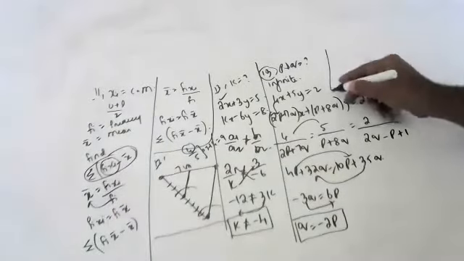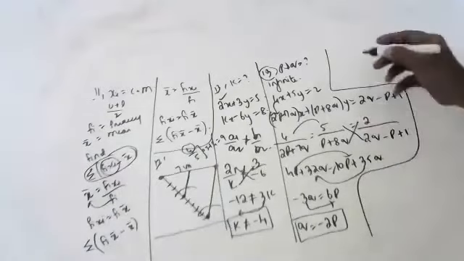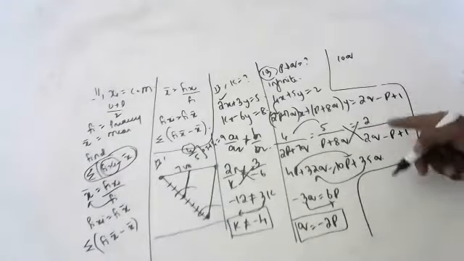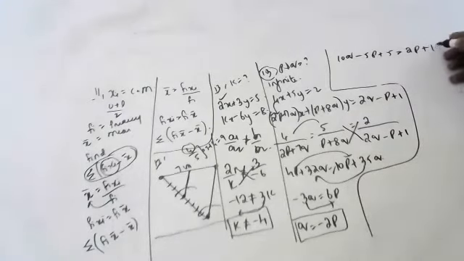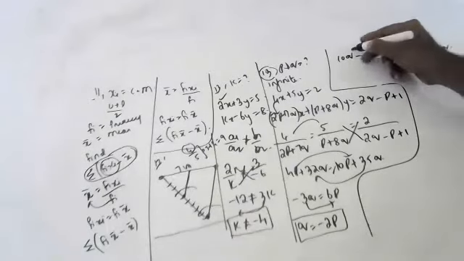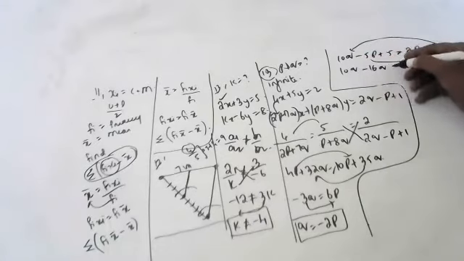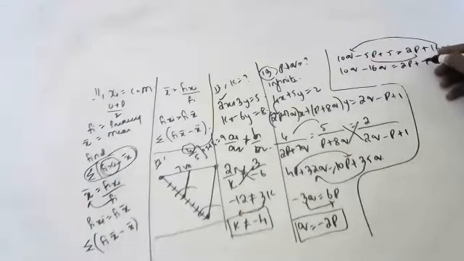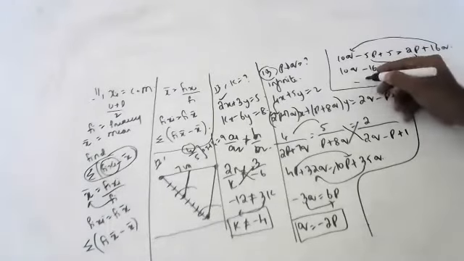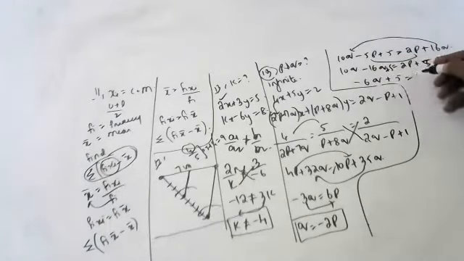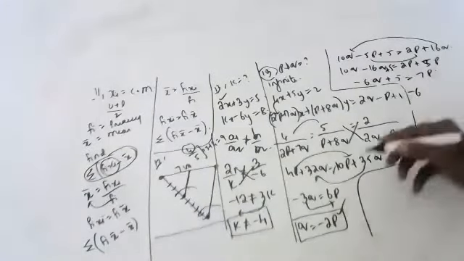Other equation, children. Please see here. Both we will do, children. 5 twos are 10q. 10q minus 5p plus 5 is equal to 2p plus 16q. Bring this here, children. 10q minus 16q is equal to 2p plus 5p, and the plus 5 is there here only. So minus 6q plus 5 is equal to 7p. So minus 6q is how much, children?